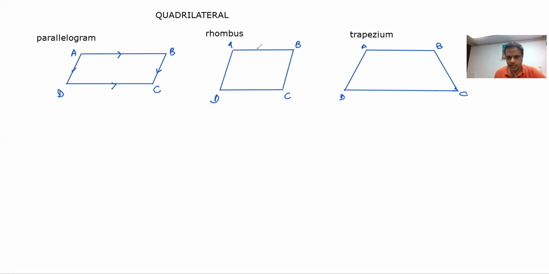Similarly, in the rhombus, opposite sides are parallel to each other. AB is parallel to DC and AD is parallel to BC. Coming to the trapezium, the two sides AB and DC are parallel to each other, but the other two opposite sides are not parallel to each other. This is very important. The reason for talking about the parallel lines is that we have studied in class 7